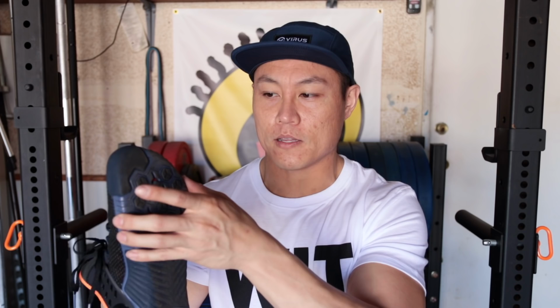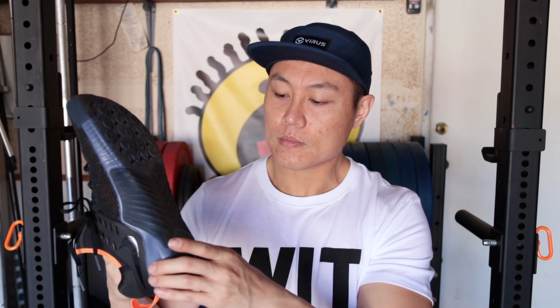Now, I'm sure if you were to catch the rope on the softer parts, it would still probably burn through that. But this exterior midsole or outsole is not like the one that you're normally going to find on the typical Frees, which is mainly just a little bit softer. This is actually a little bit more dense feeling, and in my testing, I've only used these shoes for a